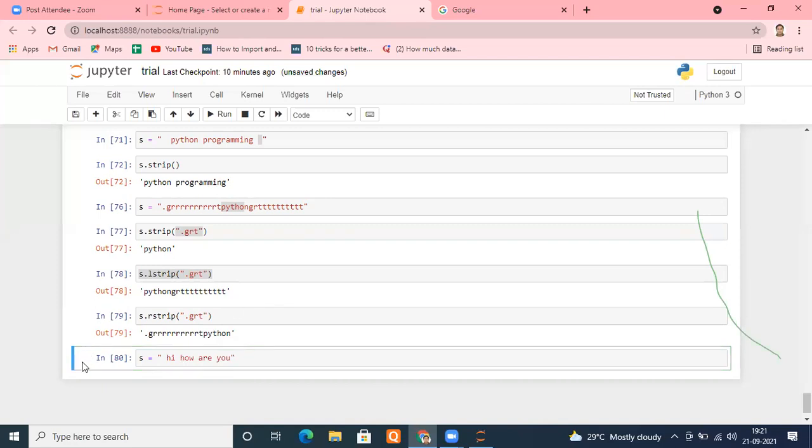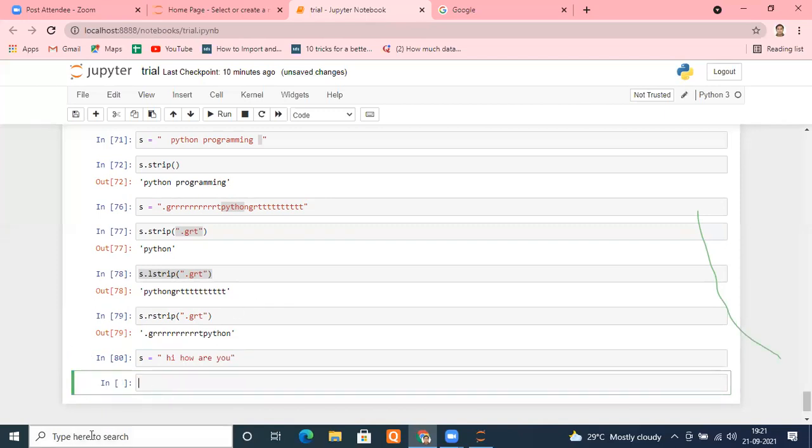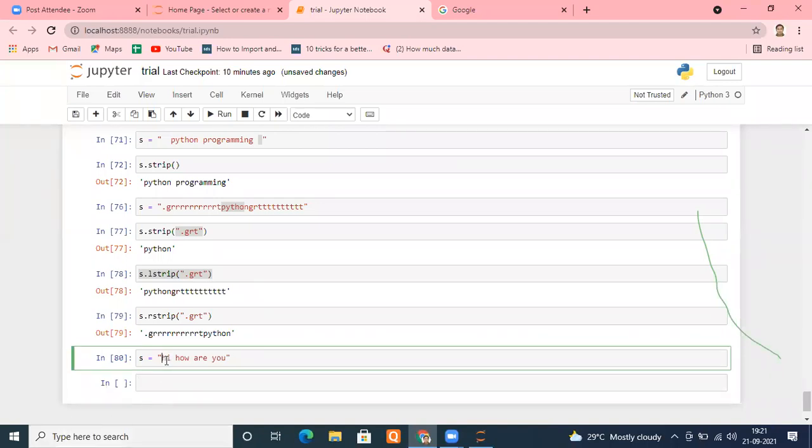What I want to do is split this string into words. I don't want to remove anything. I want to separate each individual word from this string and store that word somewhere else.